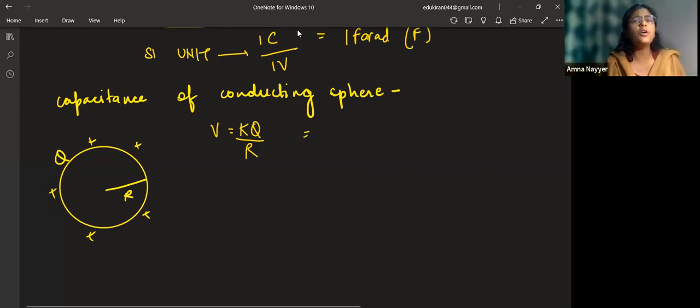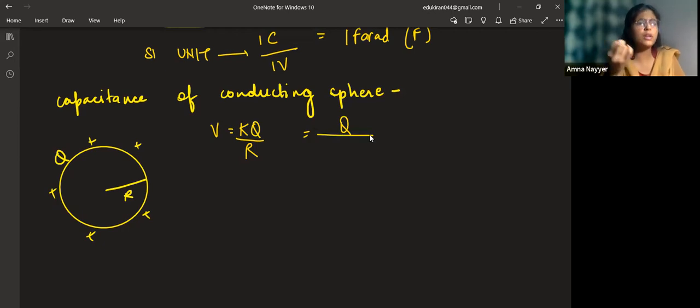What was the meaning of this K, the constant that we used to write? It had a value, no, 9 into 10 to the power 9. But what else? How can I write this K? Tarif, can you answer? K is equal to, I used to write something. 1 by 4 pi epsilon 0. Perfect. 1 over 4 pi epsilon naught. So I'll prefer to write it in this way.